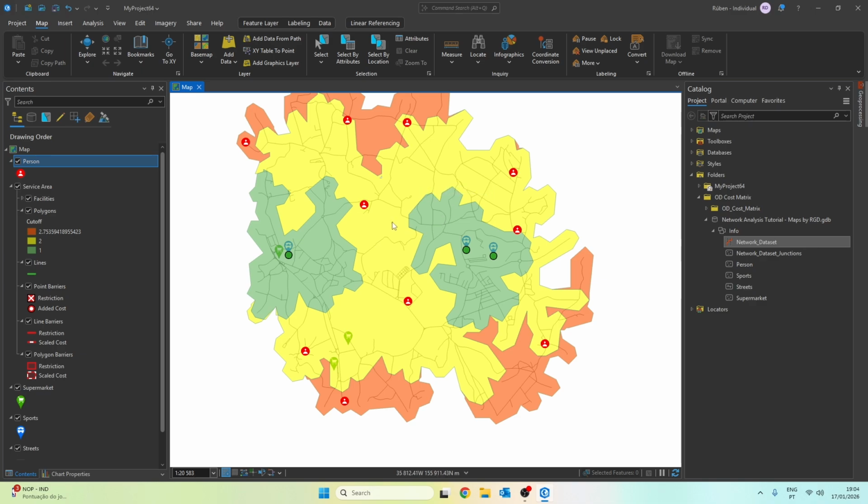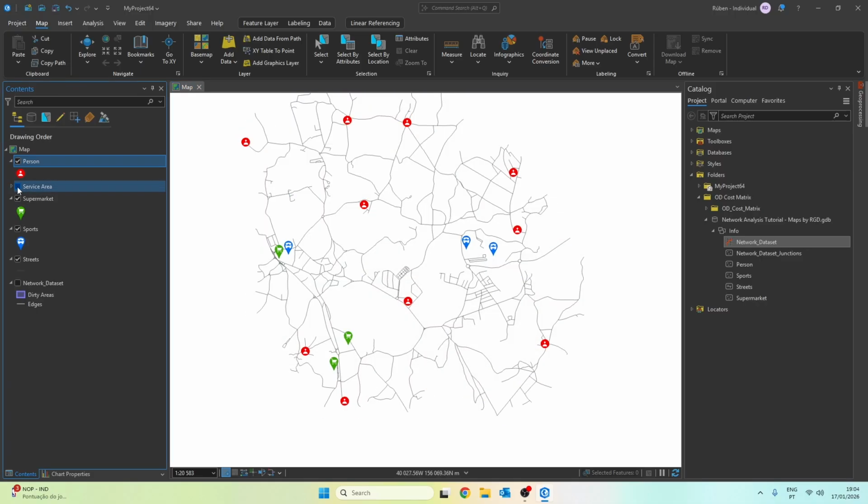Another thing I don't like to see when the areas are very small is that the polygons, as you can see here, look very straight and rigid, almost as if they were manually drawn in a vector editing exercise, when we know that's not the case. But in the end, preferences are preferences.